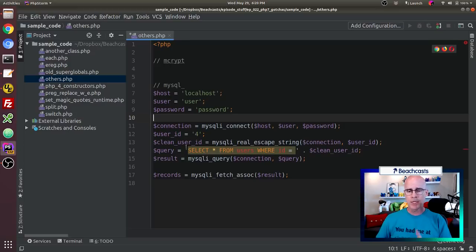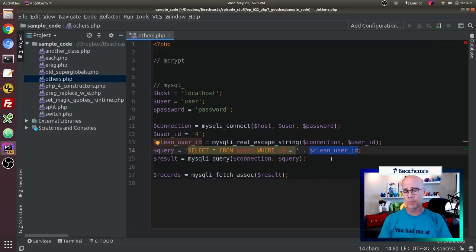Now, please note that I am not doing good things here, right? I have my MySQL query, and I'm then concatenating and using a variable that I used MySQLi real escape string on. This is not the way that I recommend doing this. It is still escaping it, so technically it's safe, but you should be using stored procedures and other methods to make this even more secure. Again, this is just a really light example so I could show you updating the MySQLi extension in the